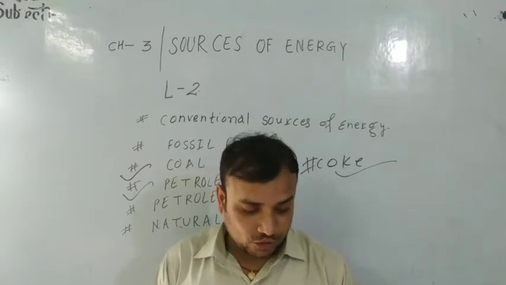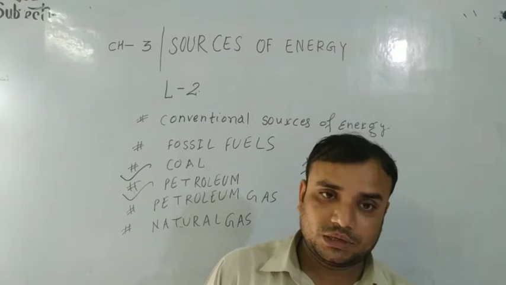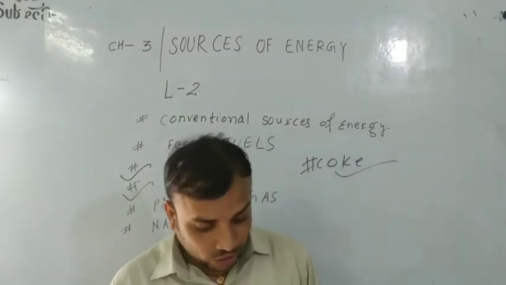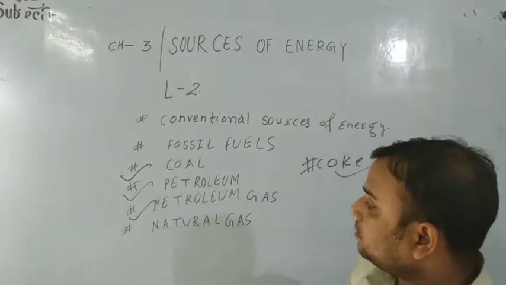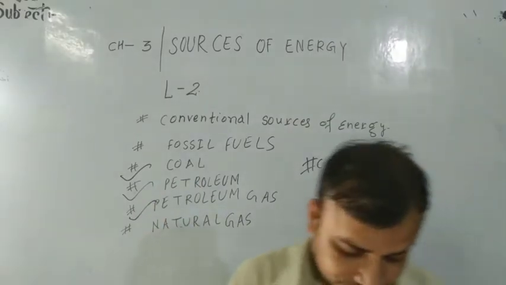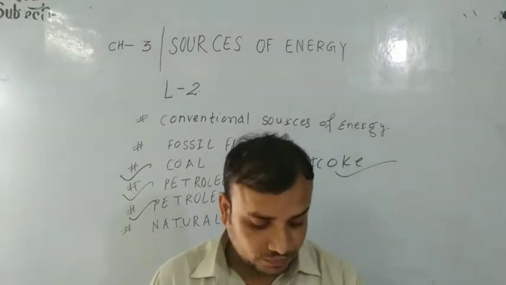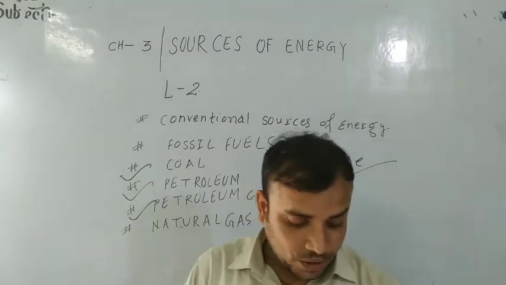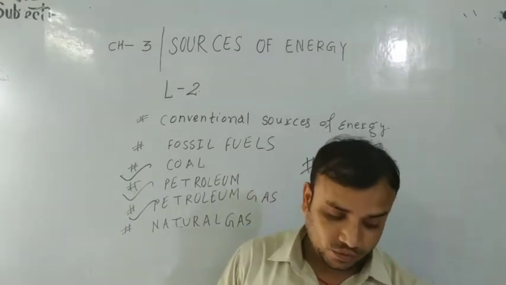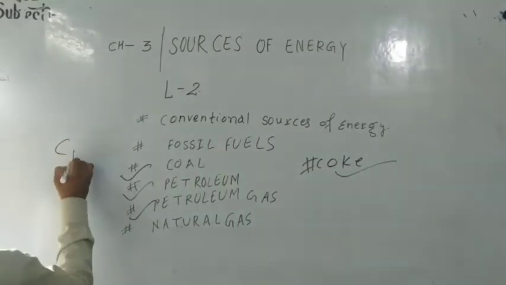LPG is liquefied petroleum gas. Also, it is used for heating in domestic purposes. Now, dear students, we study petroleum gas. The main constituent of petroleum gas is butane, though it also contains smaller amounts of propane and ethane. Ethane's formula is